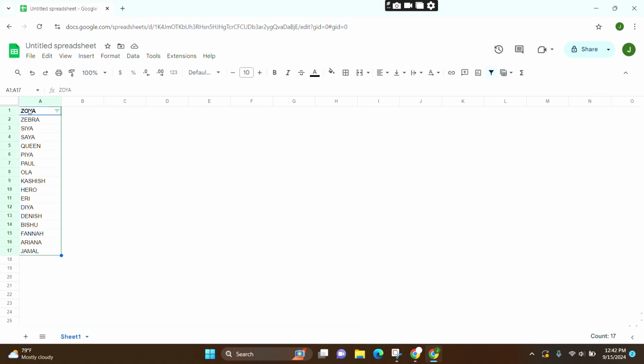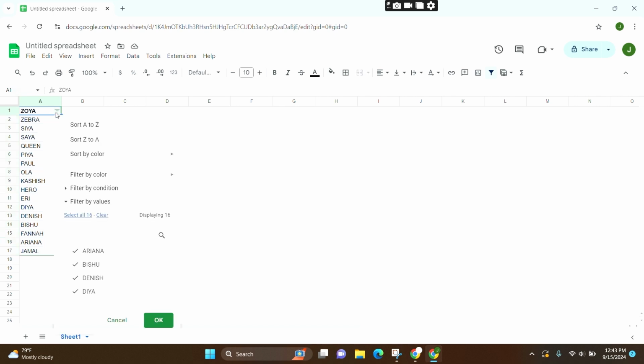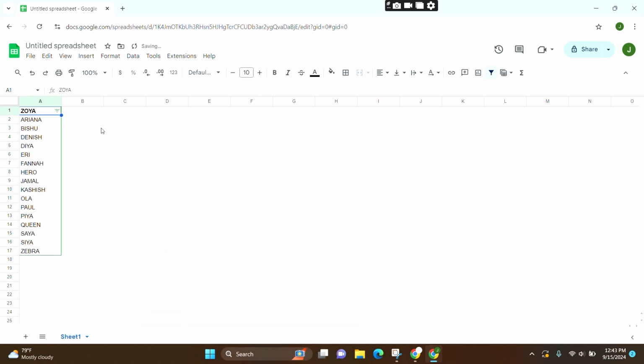Now this kind of colorful box will appear, and here you can see the filter icon. You need to click over there. And at the first you can see the option Sort A to Z. Simply click over there. And now you can see that the list of names has been organized alphabetically from A